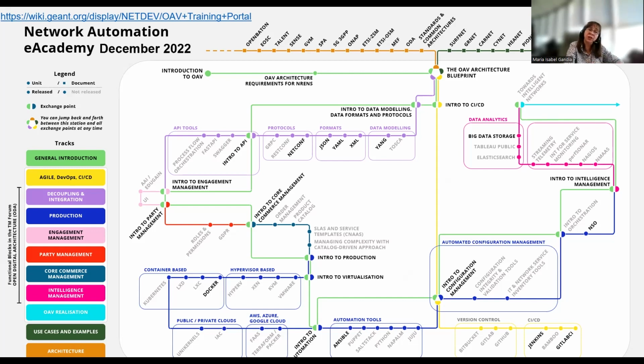And on top, you can see some units that are squares. Squares are external documents and external links and documents. So for instance, all the architecture mappings are here as squares. And all the learning units in Moodle are here as round stations.